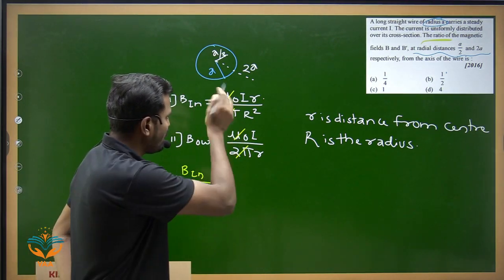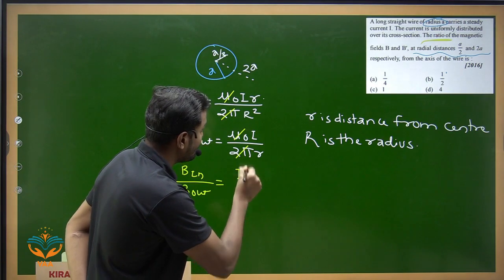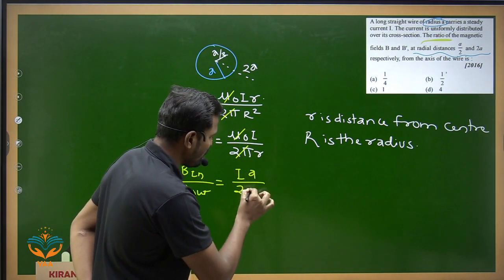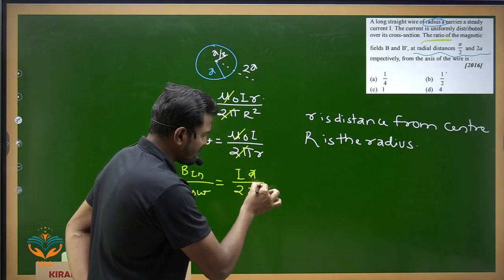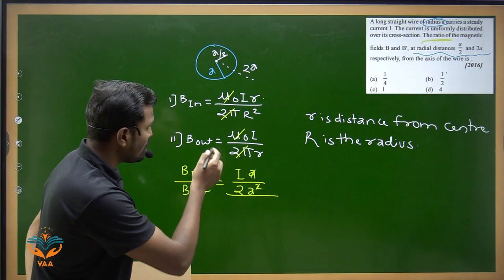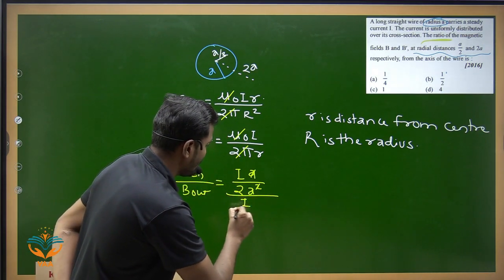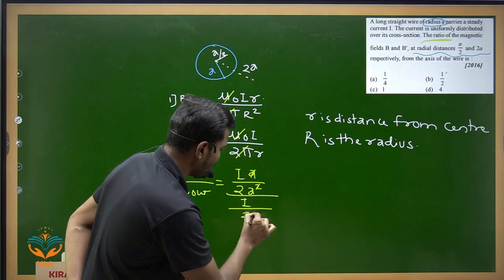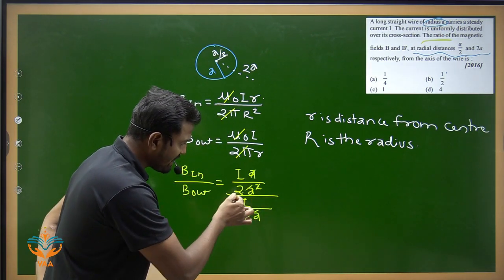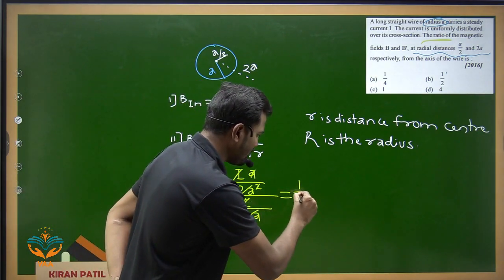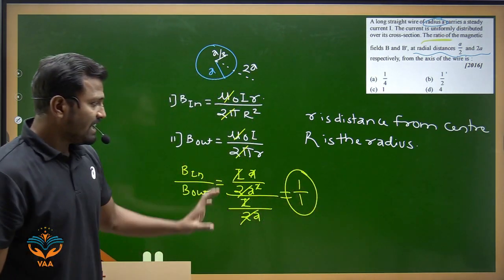Okay, let us substitute the value. This will be I into A by 2 into A square. So this gets cancelled out. Fine. Divided by, what is the value? I into upon, this is 2A. So 2A gets cancelled out, I is cancelled out, so simply I have to write 1 by 1 is my concerned answer. Is it understood?